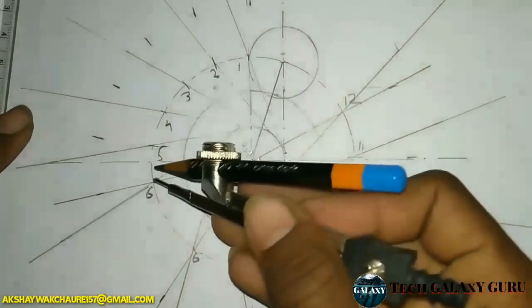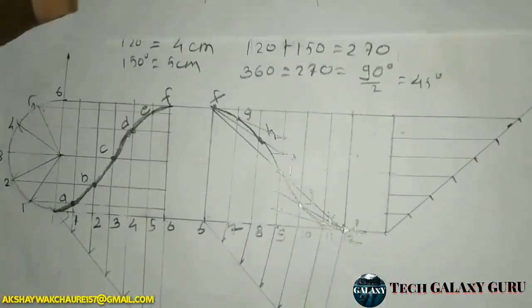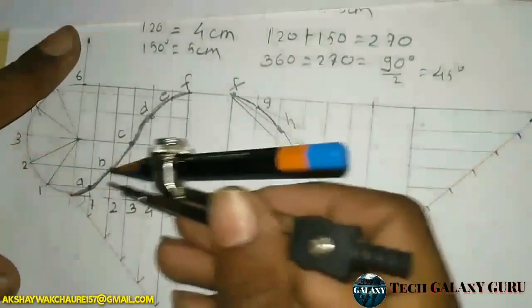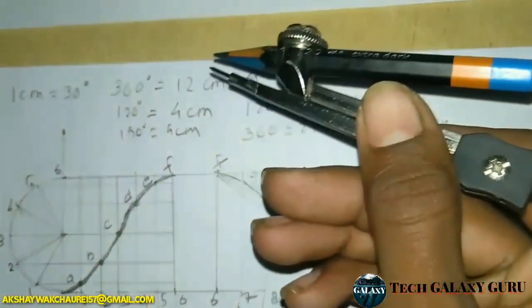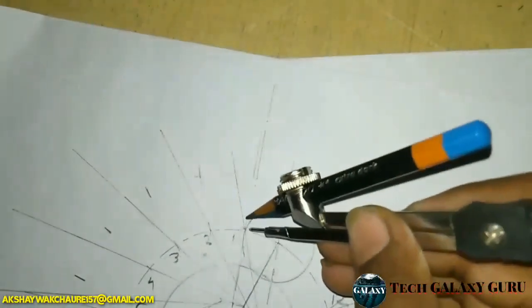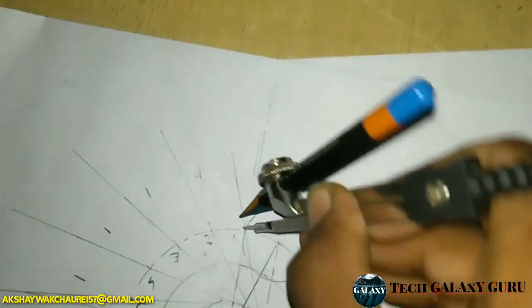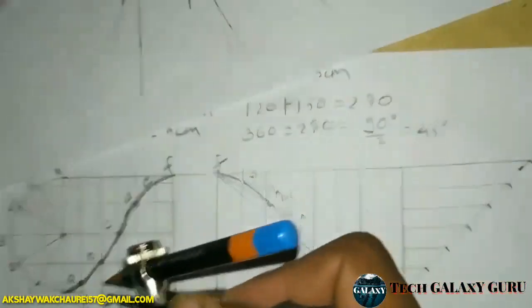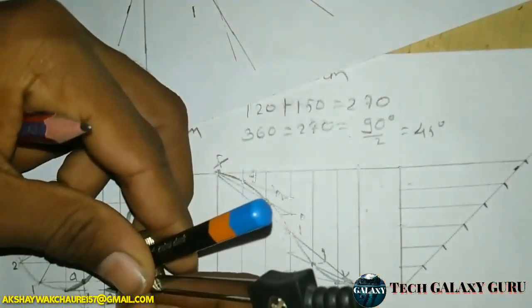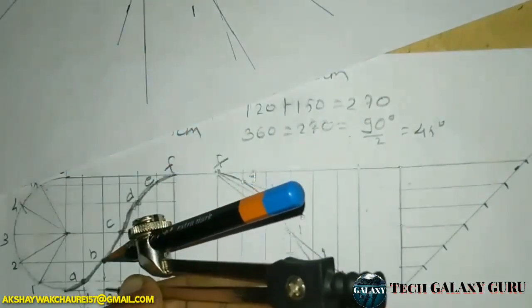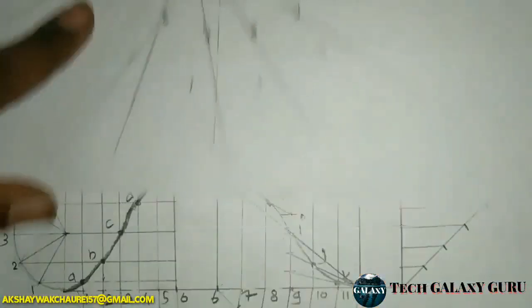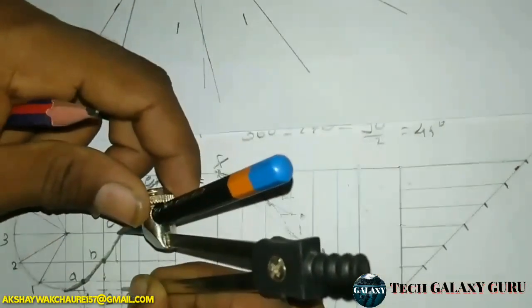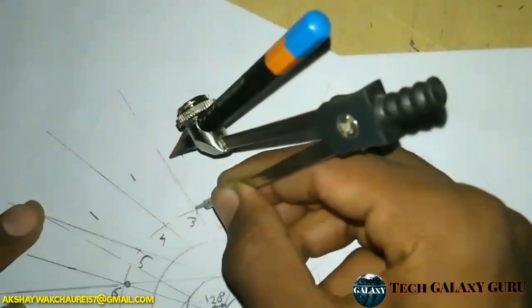We have drawn these tangent lines, and then simply from this displacement diagram take a distance of 1 to A in a compass, and mark this distance from this 1 to here, this 1 to A, and next take a distance 2 to B in a compass. Take this distance in a compass and mark from 2 to B. Then next take a distance 3 to C and mark this from 3 to C,